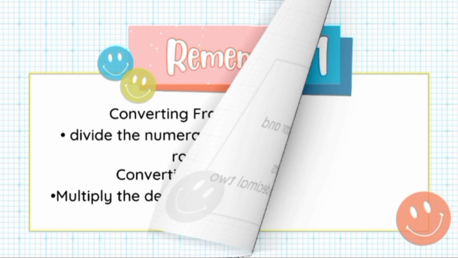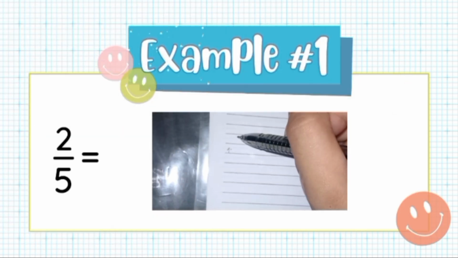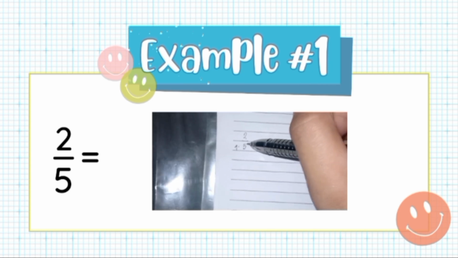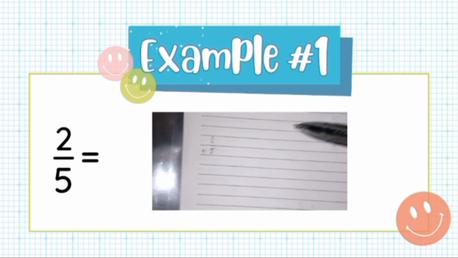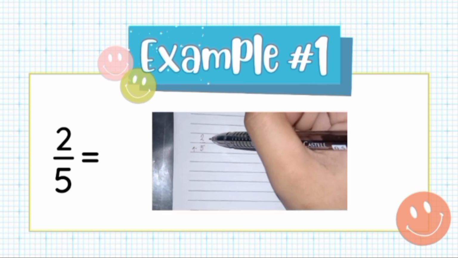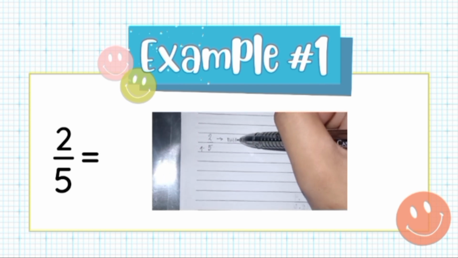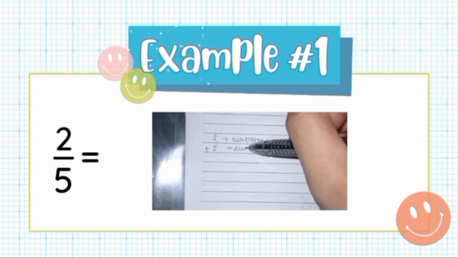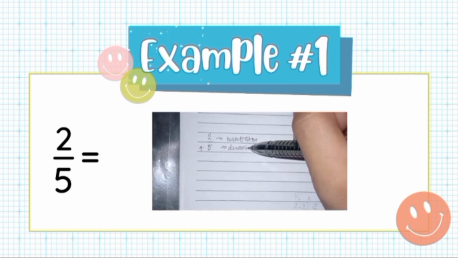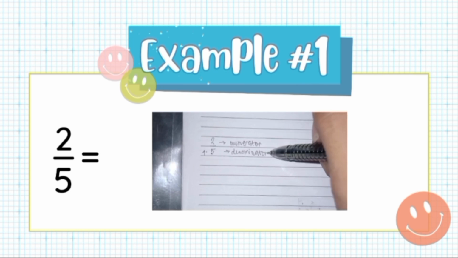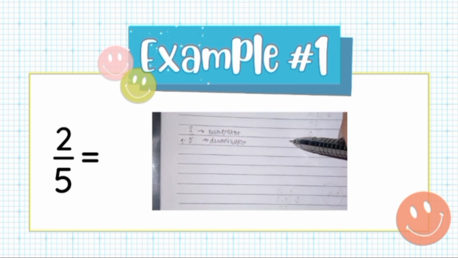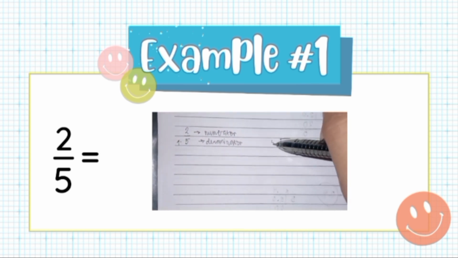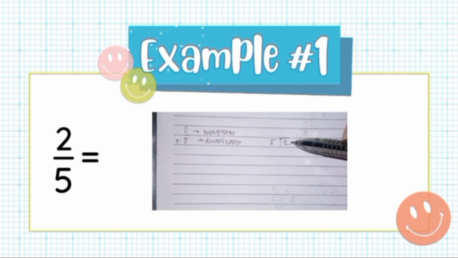So let's jump right into number 1, where we have 2/5. So here again, divide the numerator by the denominator. This fraction is less than a whole, so our decimal is going to be less than a whole as well, because this decimal is going to be equivalent to 2/5. So we can't take a whole group of 5 out of that 2, so we need to extend our division problem by putting a decimal and a 0.